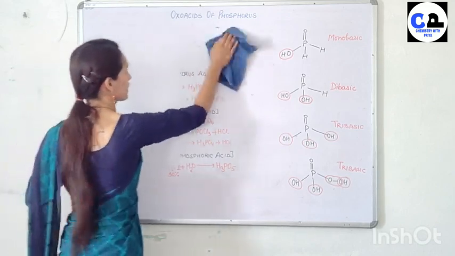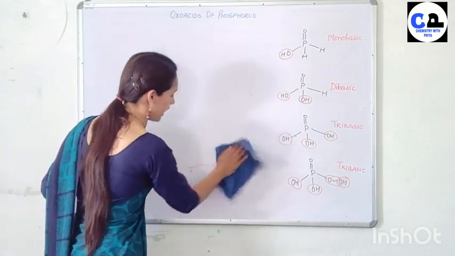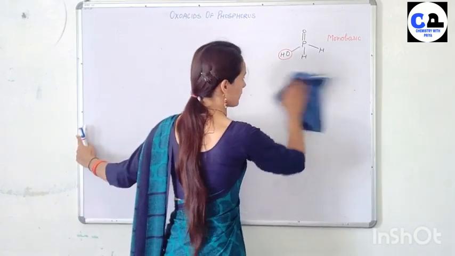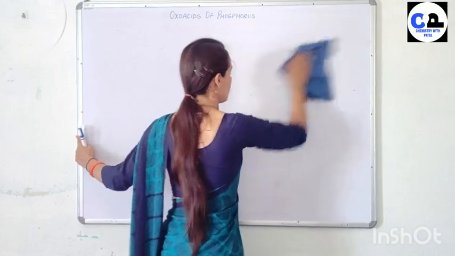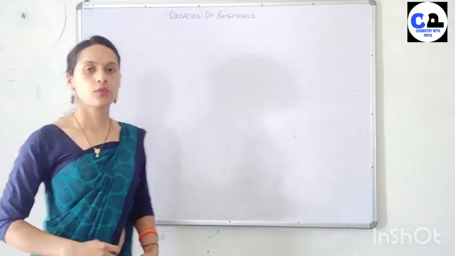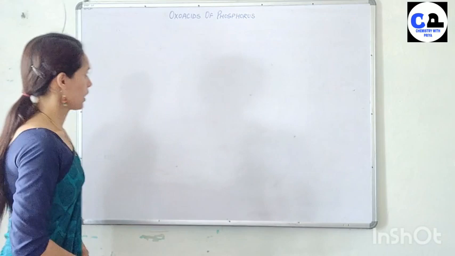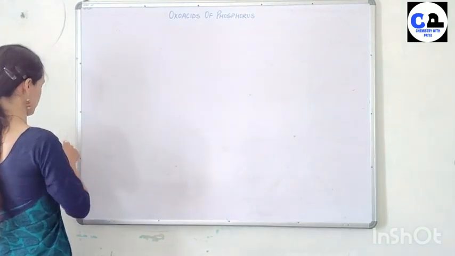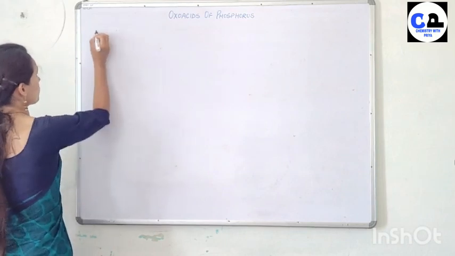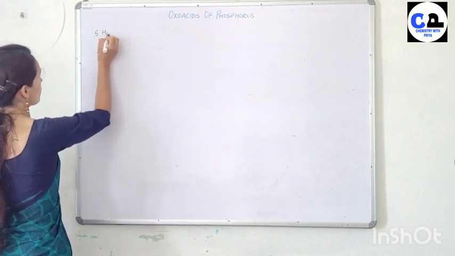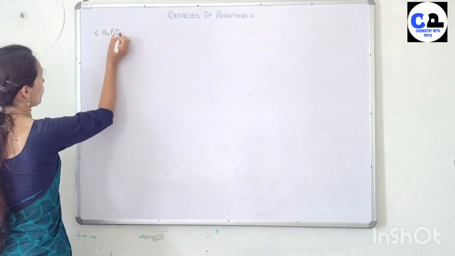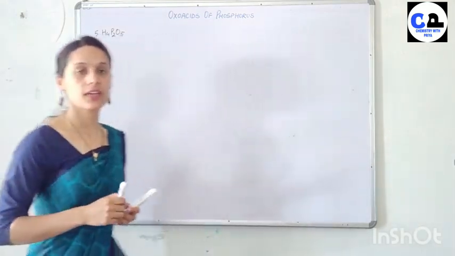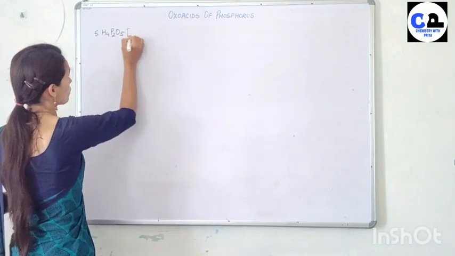I hope the 4 are clear to you and their structure, and through structure we can easily calculate their basicity. Now we will talk about the 5th one. The 5th one is H4P2O5, which is also known as